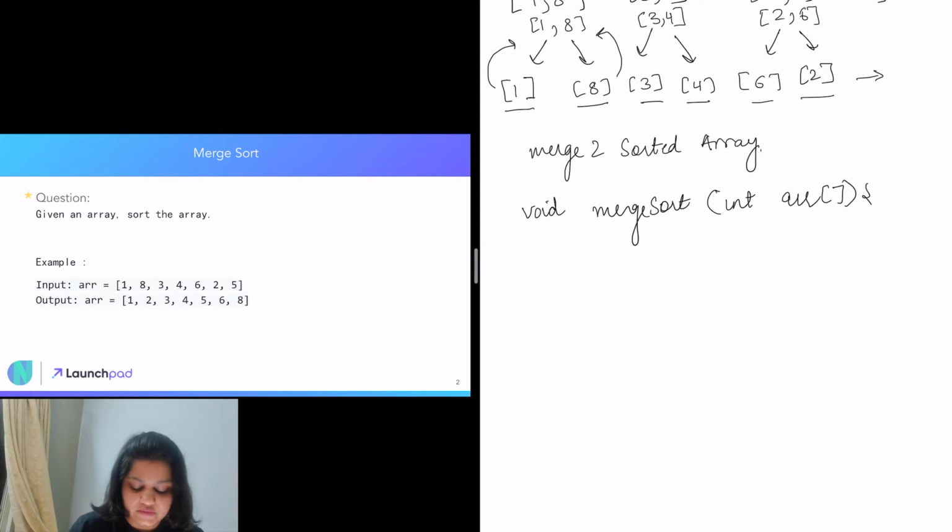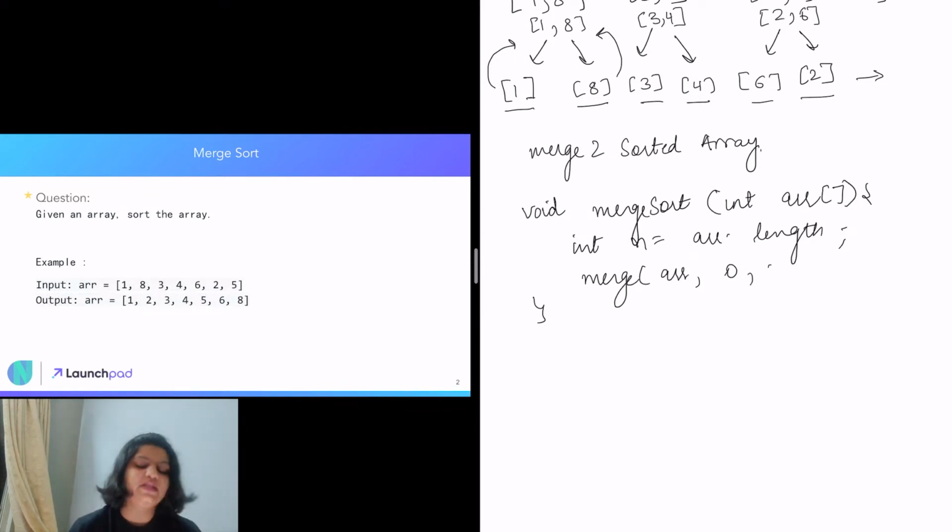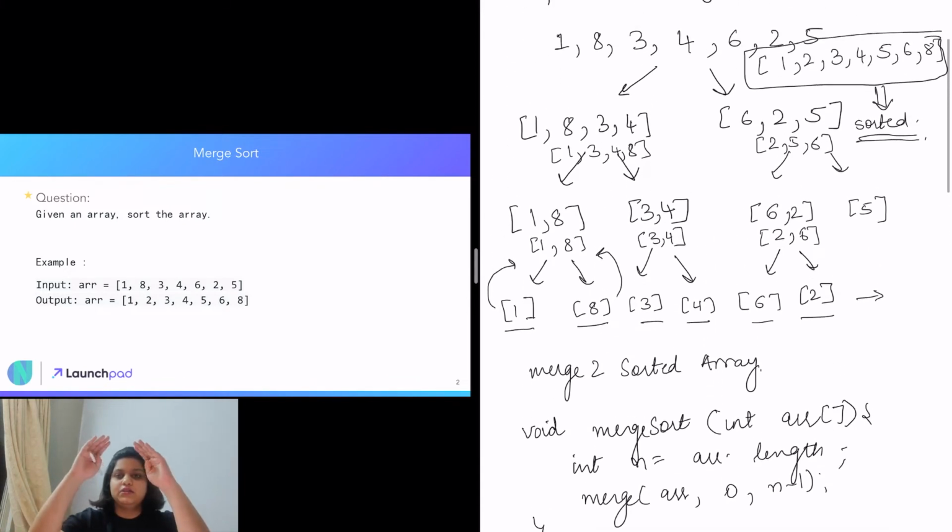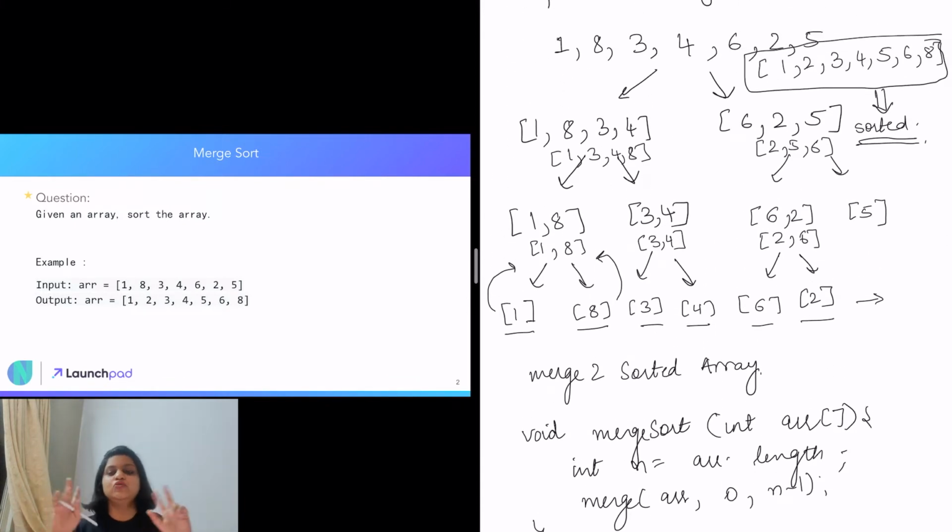So the first thing that we are going to do is find the length of the array, okay. And then we are going to call another function which is merge, which basically needs an array and an L and an R, okay. Basically what it will do is, as you see in this particular code, we are dividing our array into two subarrays, right. So every time we are in the same particular array, we are always traversing between two different L and R's, right.